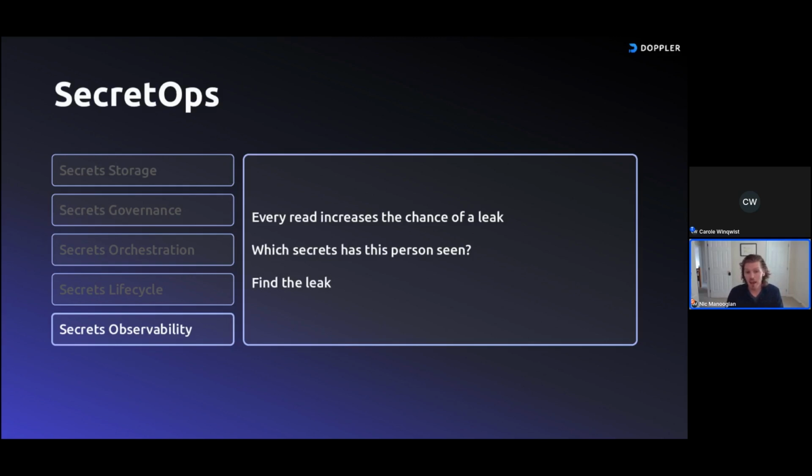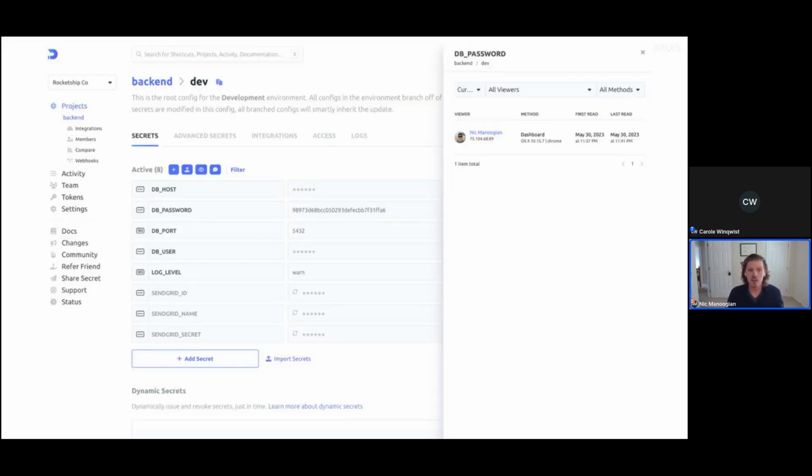So being able to ask the question, which secrets has this person seen, is a really tricky one to answer. This is, again, an area that we're investing in, but the functionality as it exists in Doppler right now is, as I mentioned, secrets aren't read until you actually click into them. So here I've clicked into reveal this value for the password field, again, random hex. And I can open this view and see, for the current version of the secret, all of the actors